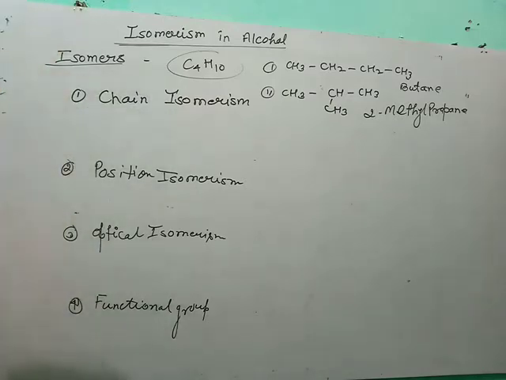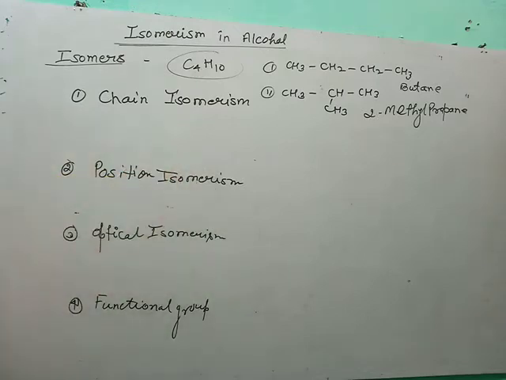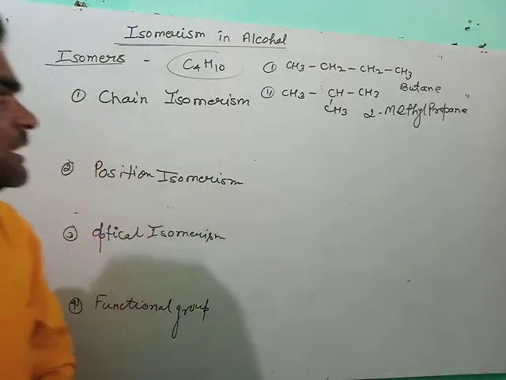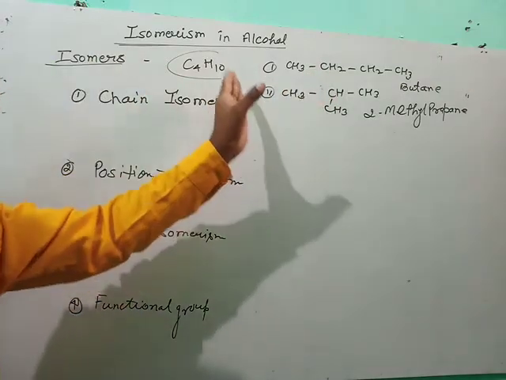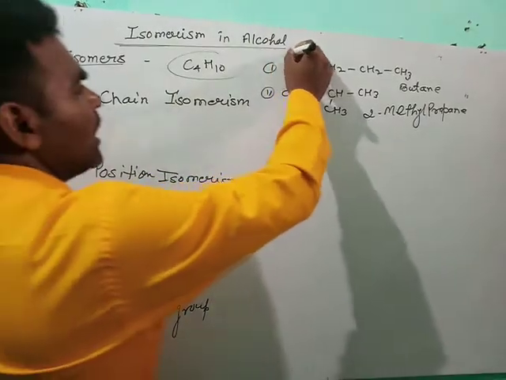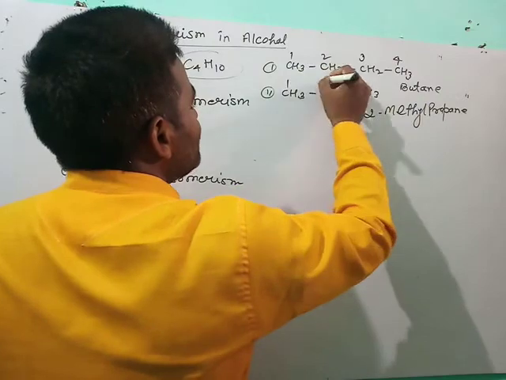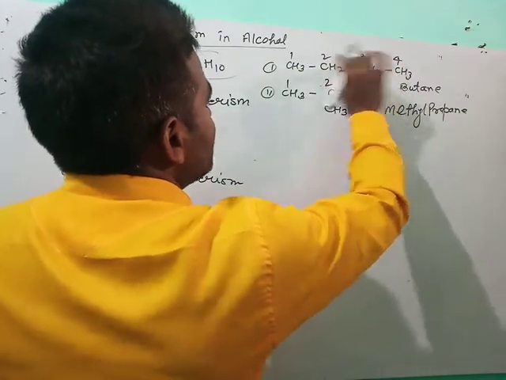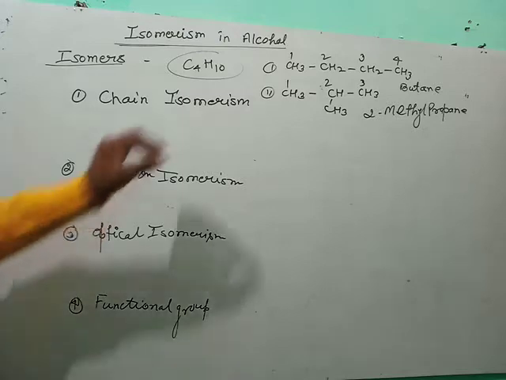changed. These are called chain isomers, and the phenomenon is called chain isomerism. This is also an example of chain isomerism, because here the elongation or length of the principal chain is changed: 1, 2, 3, and here 1, 2, 3 and 4. The first example has 4 carbon and the second example has 3 carbon in the principal chain, so it is called chain